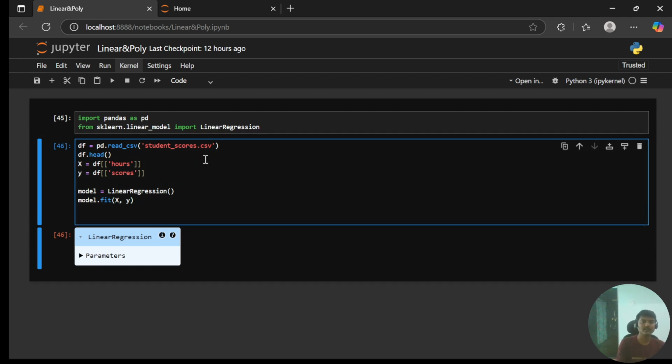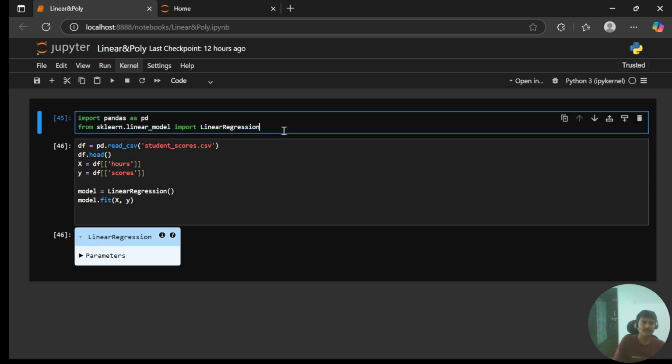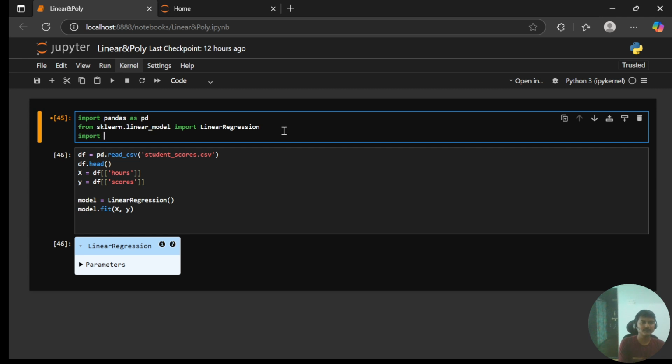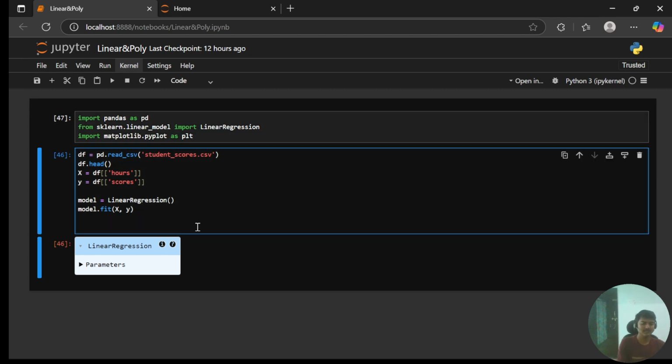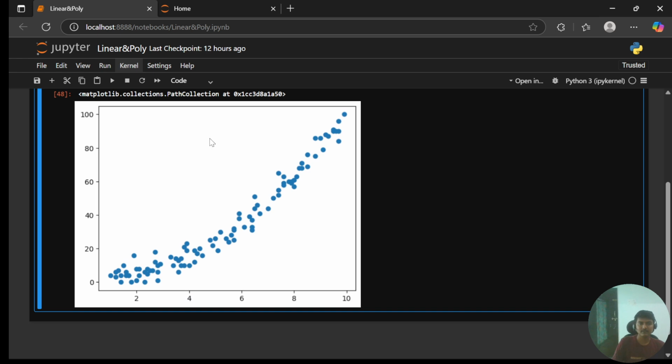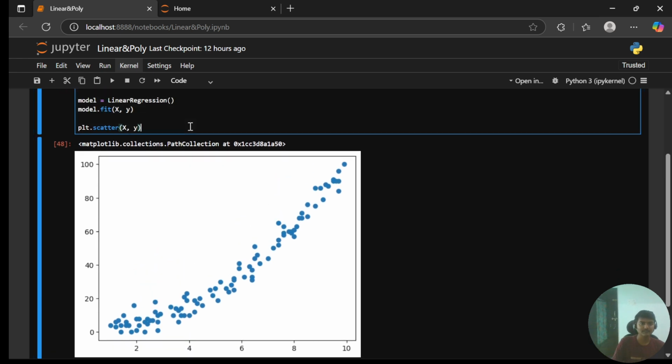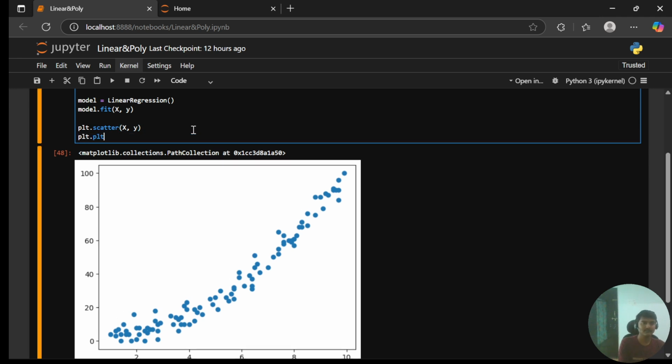Now we have to plot the graph. For that we'll need matplotlib. Import matplotlib.pyplot as plt. plt.plot, or let's put scatter first so that we'll get an idea of our data points, how they are scattered all over the graph. Okay, now let's plot the straight line, x as the independent variable, and in the y